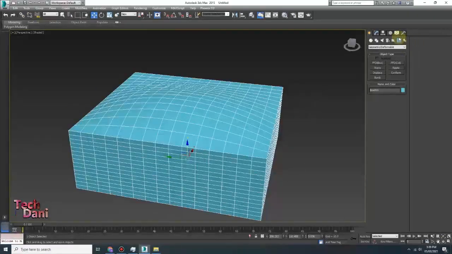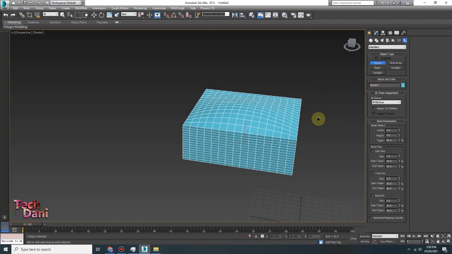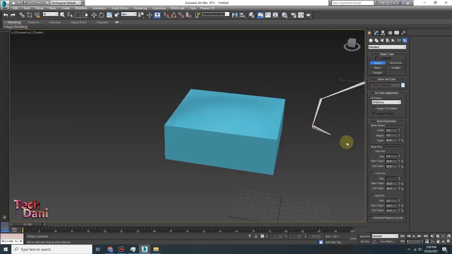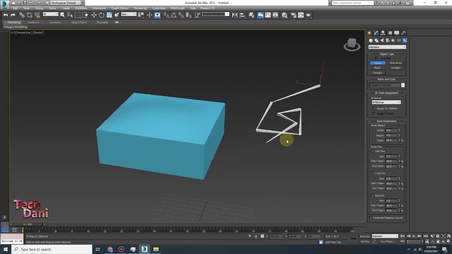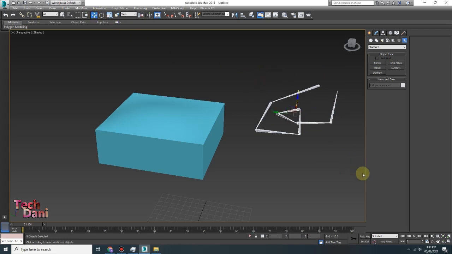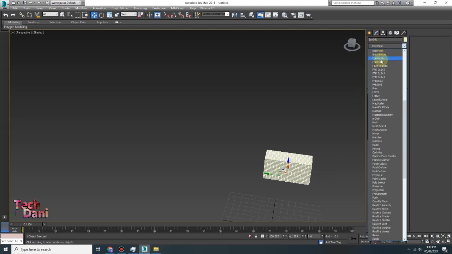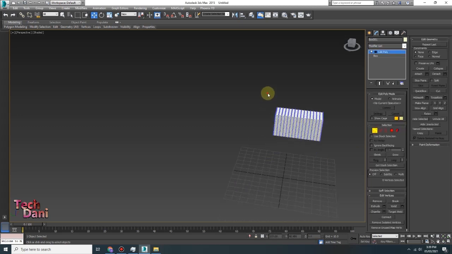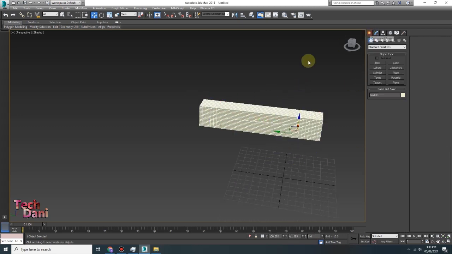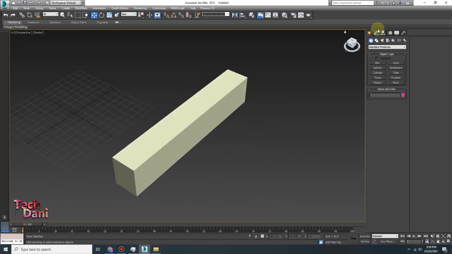Okay guys, I think I have explained enough, but there is a lot to cover. Now you can use these modifiers, edit poly, and any other way you want to use. Okay, edit poly, and there is edge. I will be explaining everything, but this is for if I select this effect pivot point. Now I want this pivot point to be the center, so I will click on center to object. Now the pivot point has moved to the center of the object. This is motion, rotation. This is for animation, and these are other not so important